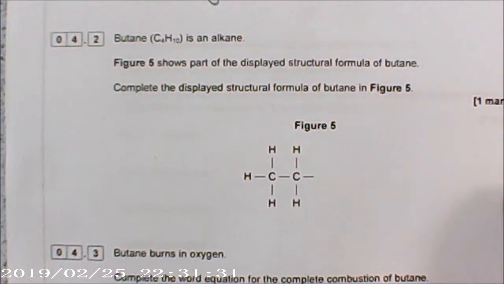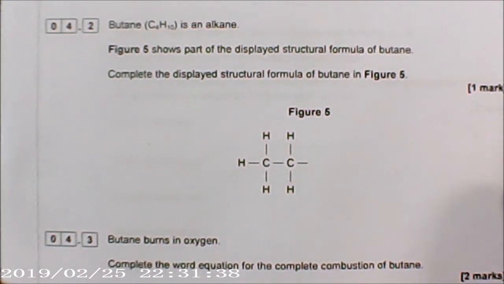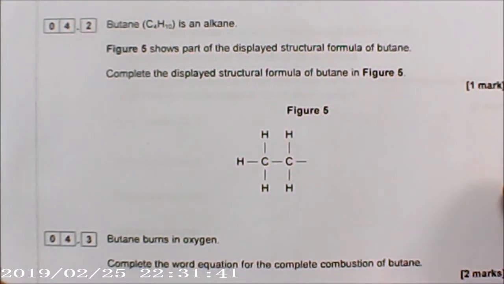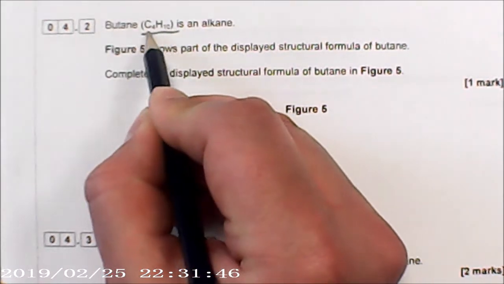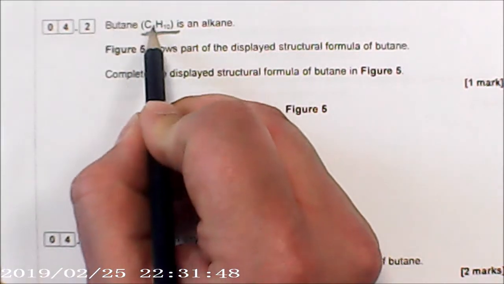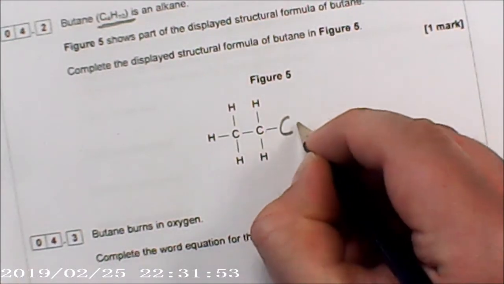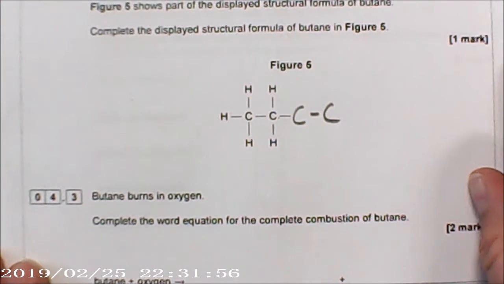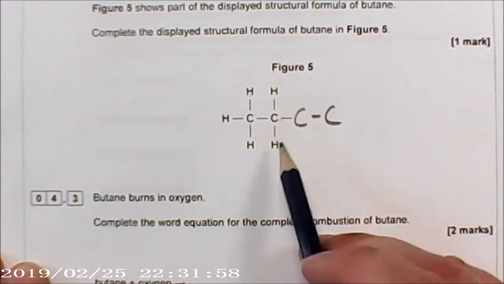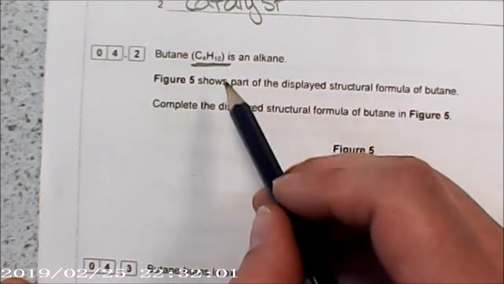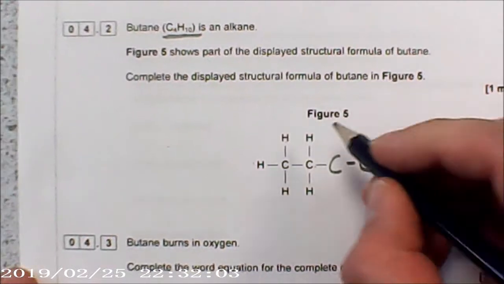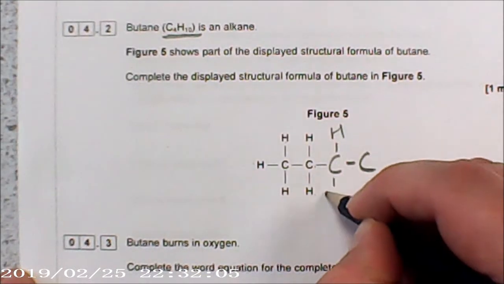4.2, butane, which is C4H10, is an alkane. Figure 5 shows the displayed formula of butane. Complete the structural formula of butane. So it's giving you information here, so we know that there's got to be 4 carbons. At the moment we've only got 2, so we can start by adding the other 2 carbons. We've got 1, 2, 3, 4, 5 hydrogens, but we need 10. So we can add our hydrogens